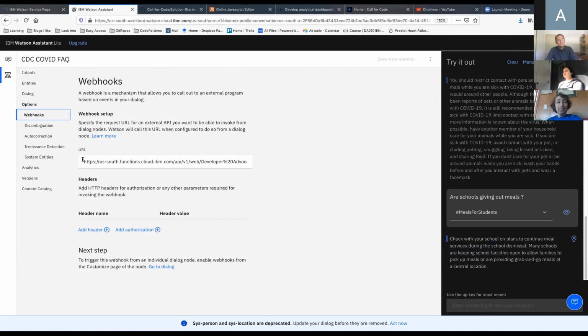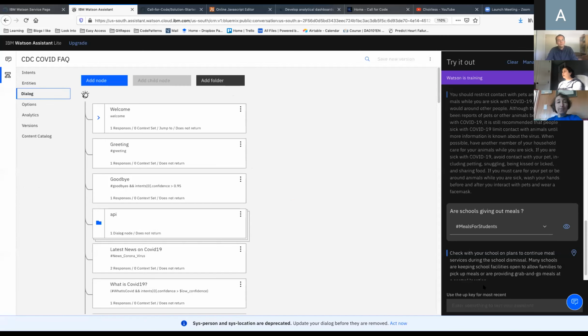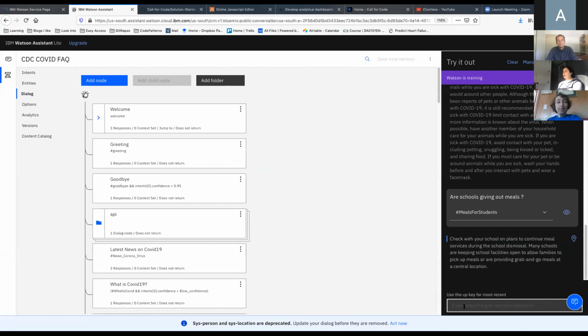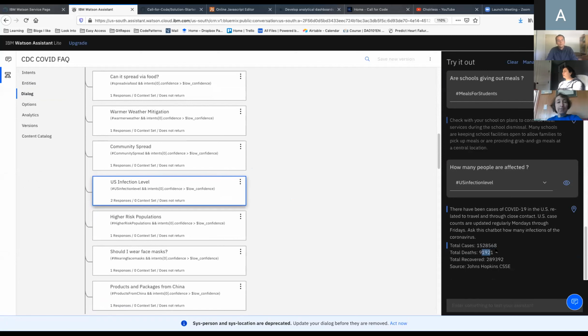So basically this webhook lets us access data. For example, one piece of data that we care about is how many people are affected. So if we ask how many people are affected, you can see that we can get the total cases, the total deaths, the total recovered.